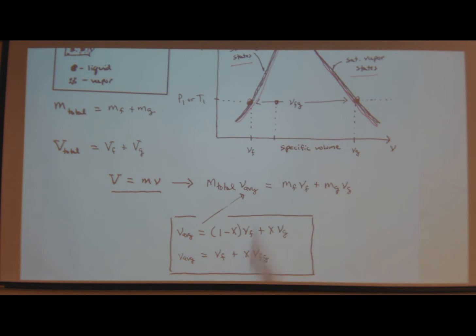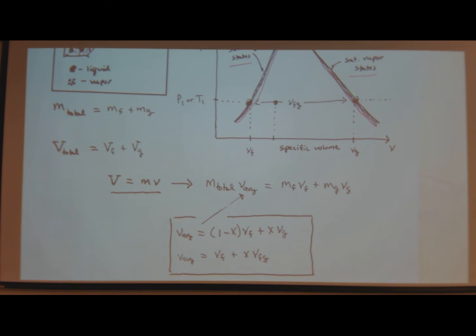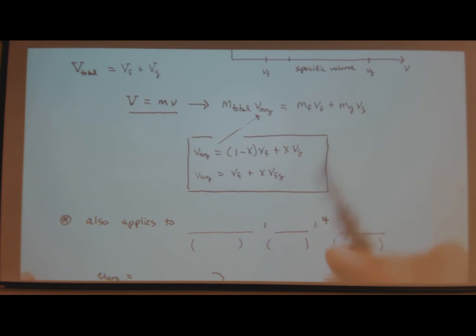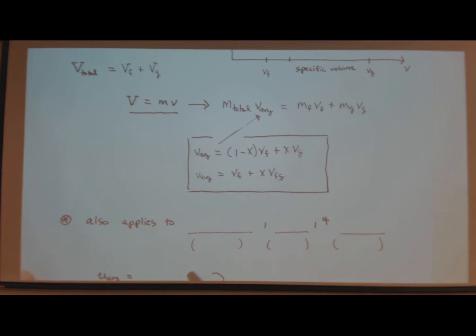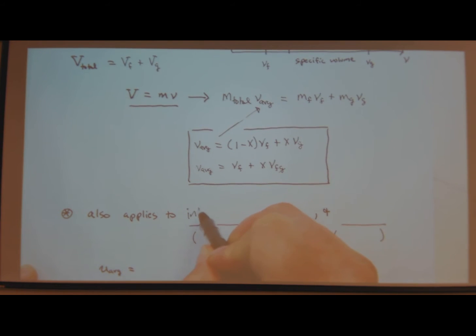If x is equal to 0.5, then I end up right here. So this represents something like x equals 0.35. So I have that plus 0.35 times this gives me a specific volume right here. Or I can use this top equation, right? So it's just a rule of mixtures averaging. Pretty straightforward. But the reason why I want to stress this is because it's convenient: here we're using a thermodynamic property, and we're writing an expression for the average thermodynamic property, specific volume, and this also applies to internal energy,